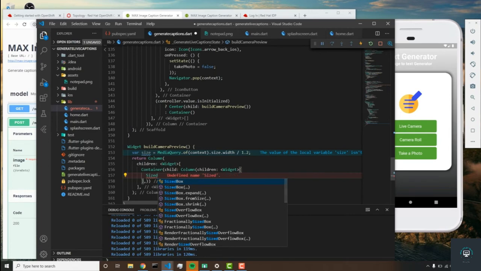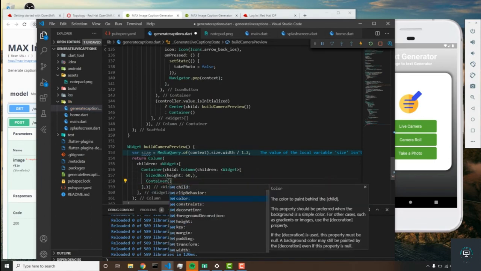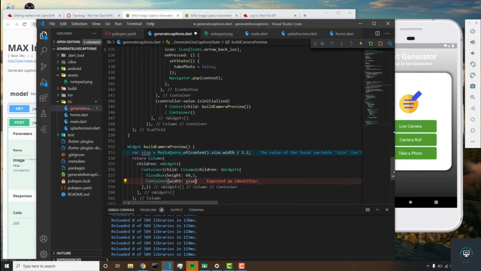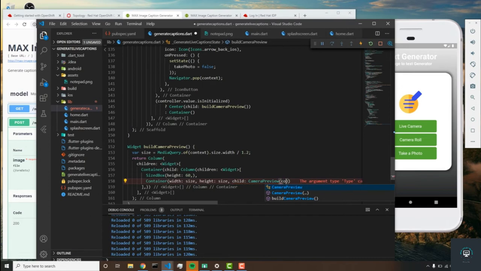So now we'll have a size box, and the height will be 60, and then we'll have a container, and in this container it will be of size, and the height will also be of size, so we'll have a square, and the child will be camera preview and our controller. All right,